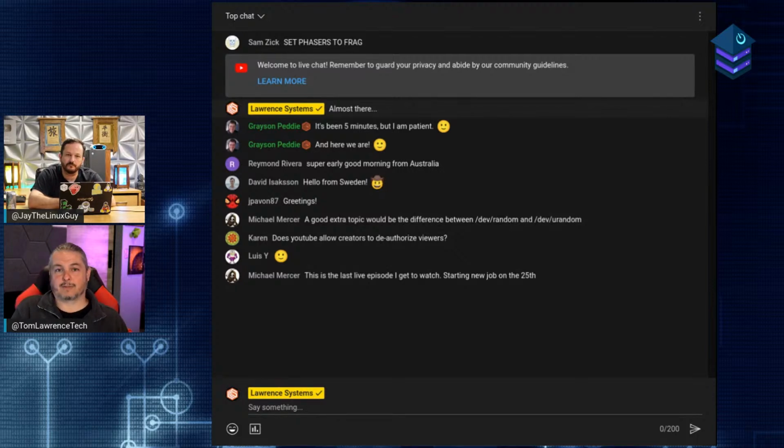Now, the next pfSense feature, very worth talking about, I think, is going to be the fact that they have ZFS boot environments. And me and Jay have talked a lot about ZFS, and these ZFS boot environments are going to be a game changer. Once again, I know it's pfSense Plus, but it makes sense because with the boot environments, you now can use ZFS snapshots to choose instances by which you want to boot.